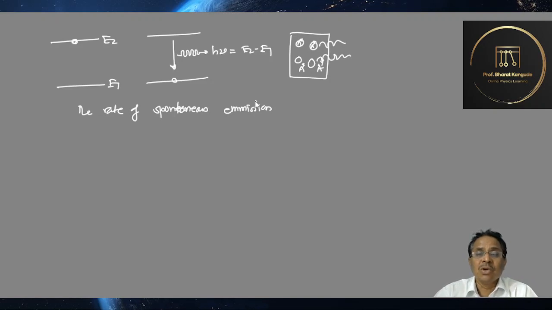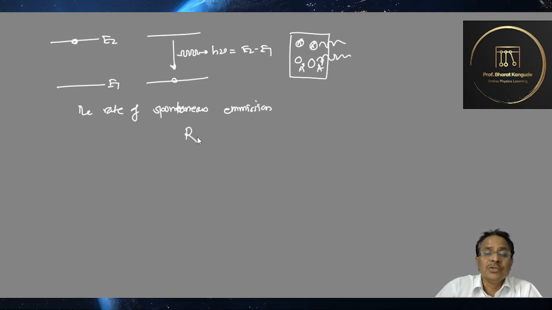Since no one is responsible for carrying out this type of transition, only the atoms present in the excited state, the population N2, is the responsible factor for the rate of spontaneous emission, and therefore this rate is given by, another symbol is used here, RSP, spontaneous emission,